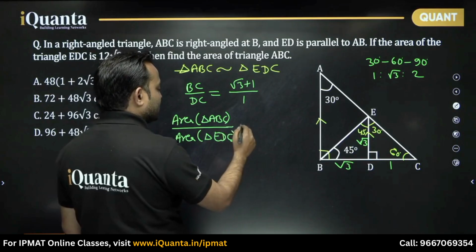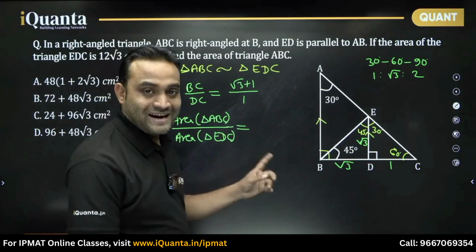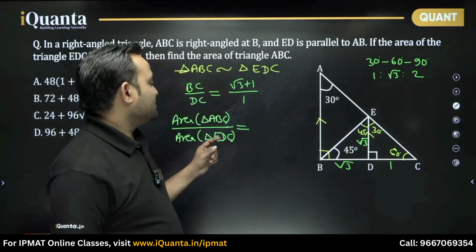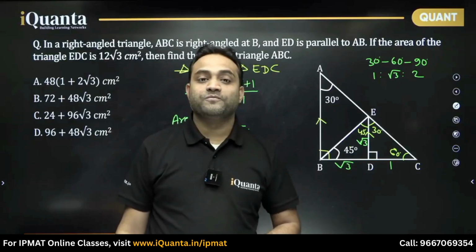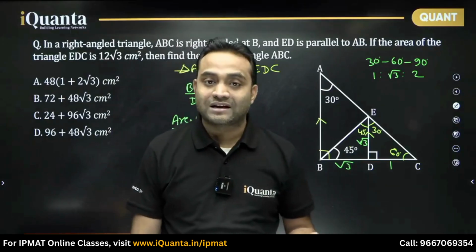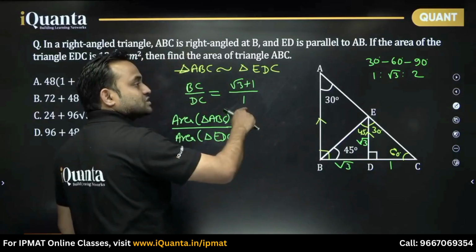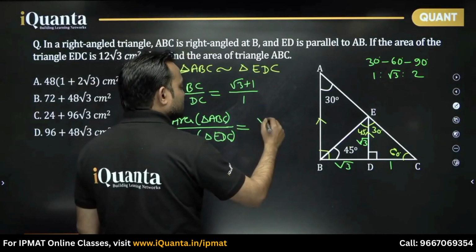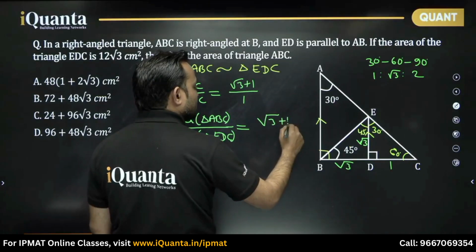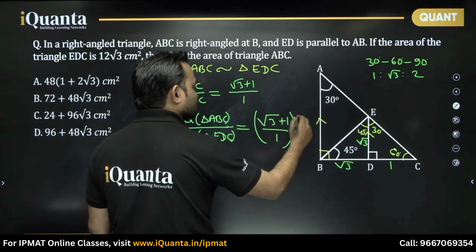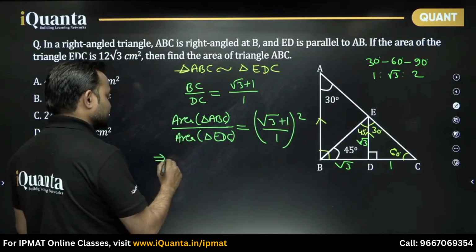Now we have learned in the similar triangles video that the ratio of areas of two similar triangles is the square of the ratio of their corresponding side lengths, which is root 3 plus 1 upon 1. So this will be root 3 plus 1 upon 1 whole square. So from there we can say area of